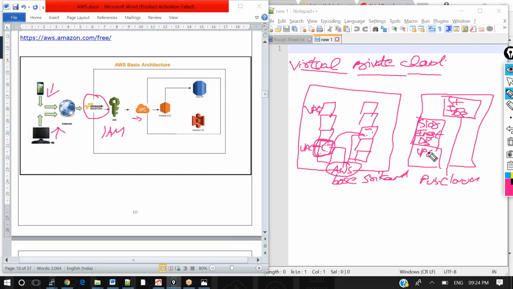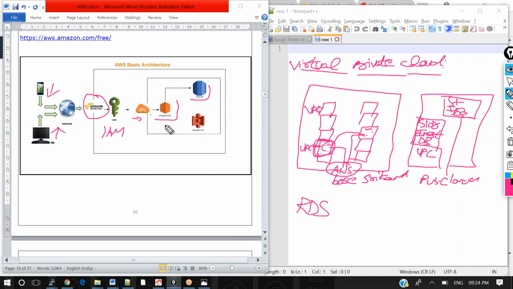This is nothing but a VPC. Within the VPC you will create the EC2 instance, and also the DB, which is the Amazon RDS, the relational database service.